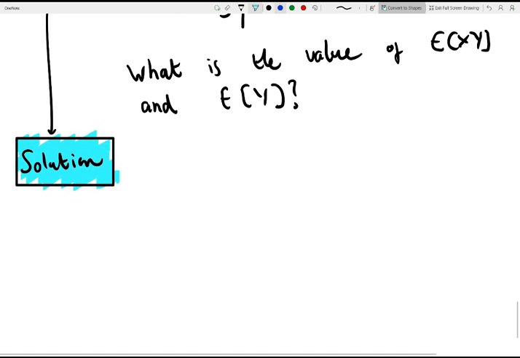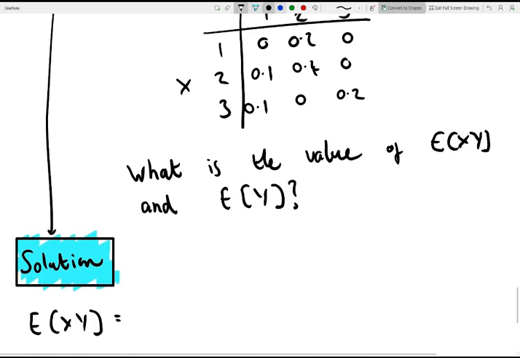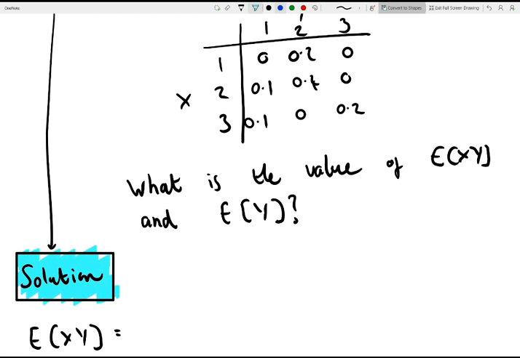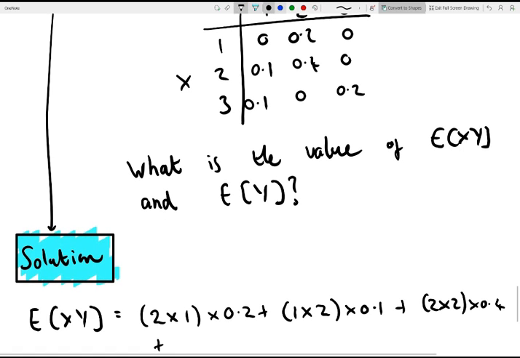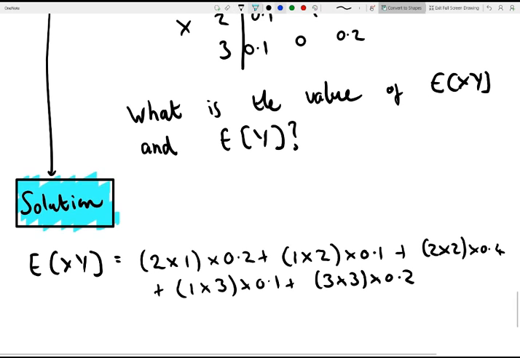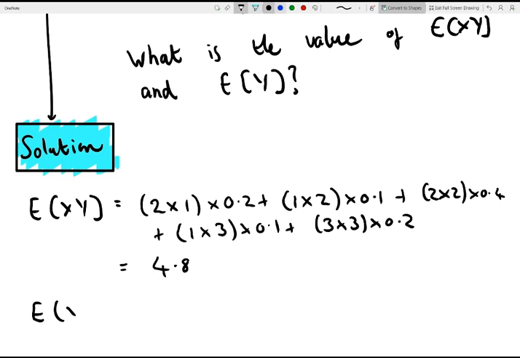is the following. The expectation of xy, so we have to do, let's make sure we can see the table, our outcomes multiplied by each other times the probability, and ignoring all the ones that are 0, plus 2 times 2 times 0.4 plus 1 times 3 times 0.1 plus 3 times 3 times 0.2, and summing all of this up we get that the expectation of xy is 4.8,